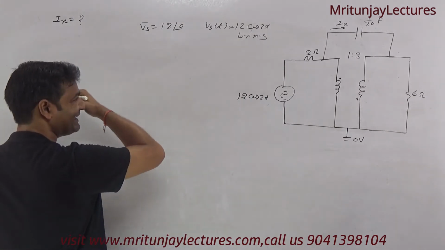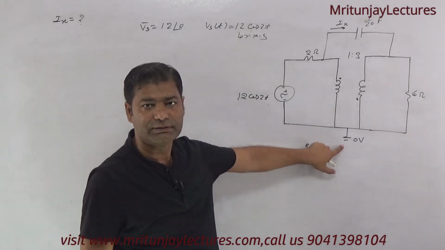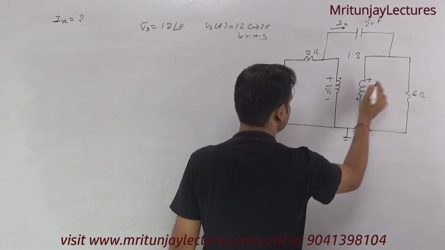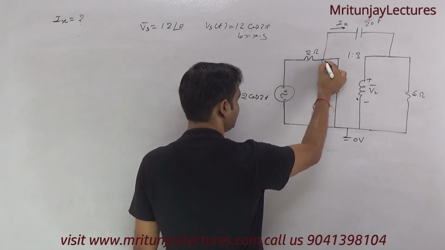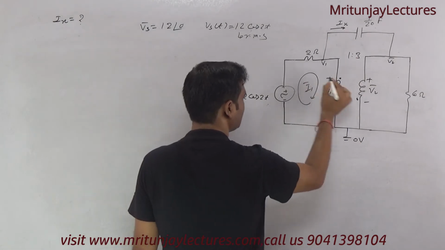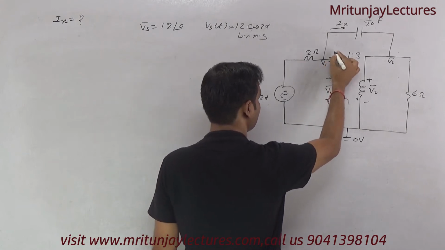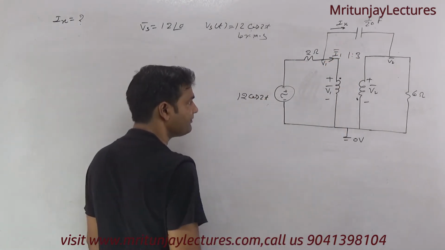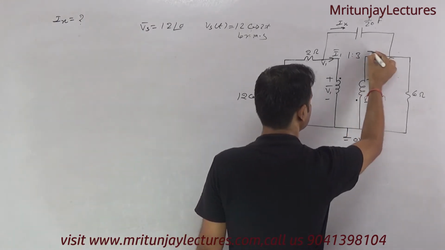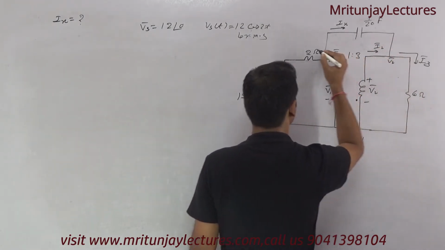Now if we consider ground voltage, that is V1, and this one is V2. If this one is V1, then this point is also V1, and this point is also V2. Let us consider the branch current I1. With the dot polarity corresponding, suppose that is I2, here Iz, here Iy.